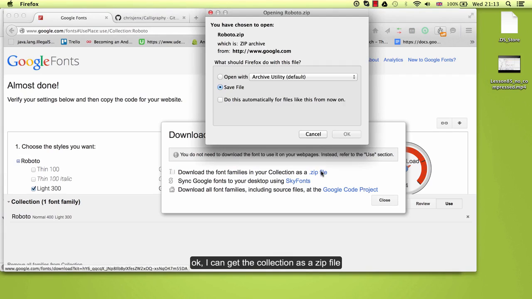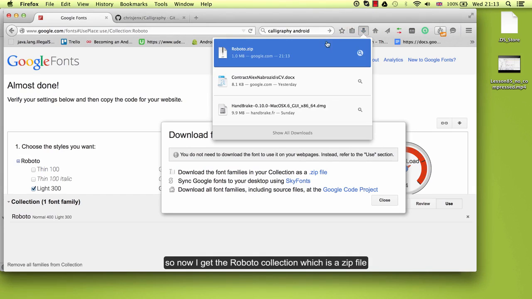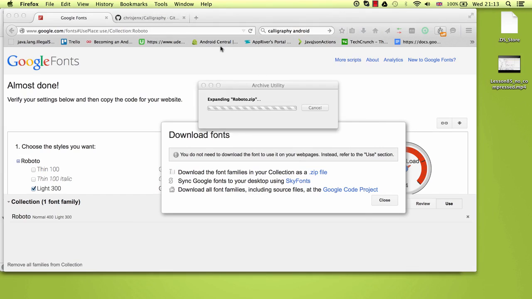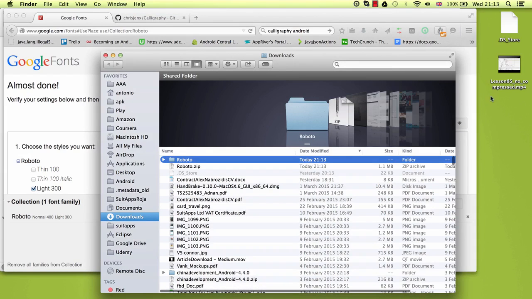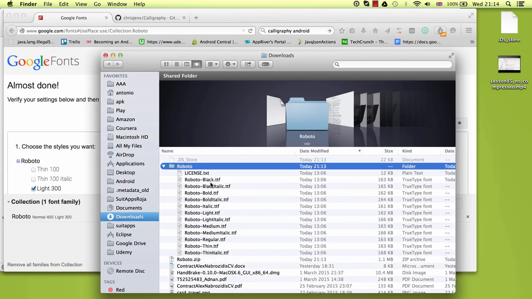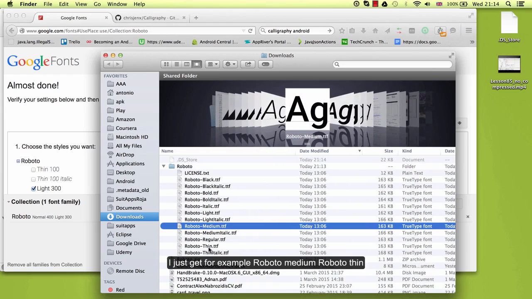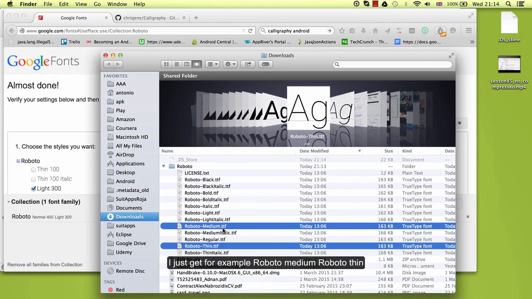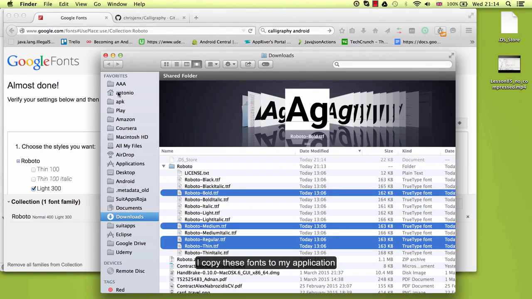Okay, I can get the collection as a zip file. So now I get the Roboto collection, which is a zip file. When I have this, I just get, for example, Roboto Medium, Roboto Thin, Roboto Regular, and Roboto Bold. I copy this font to my application